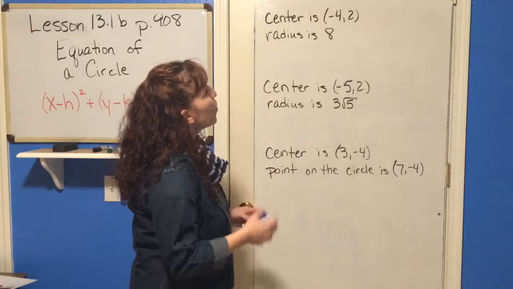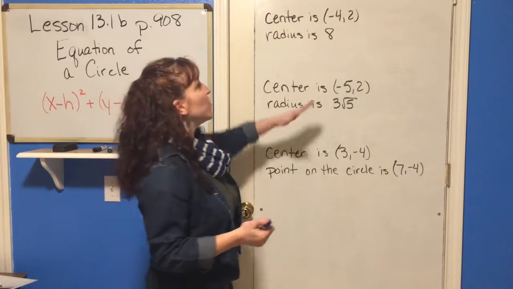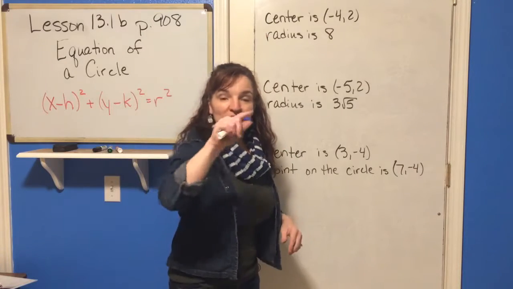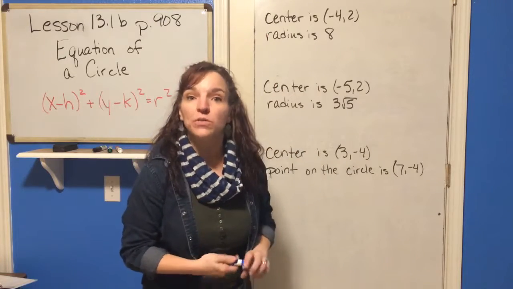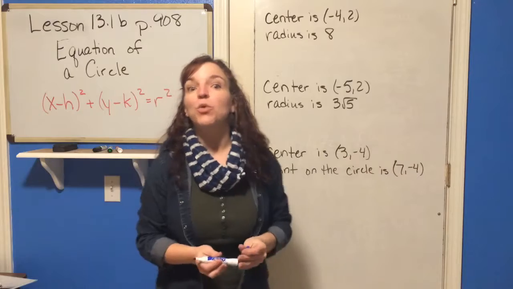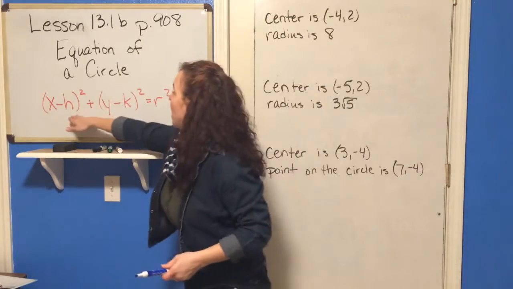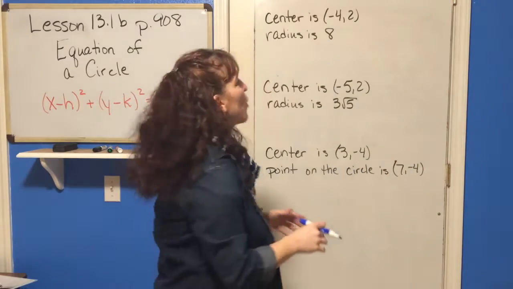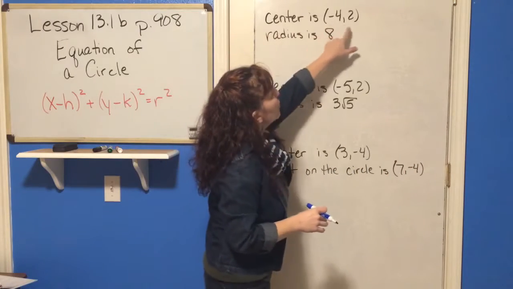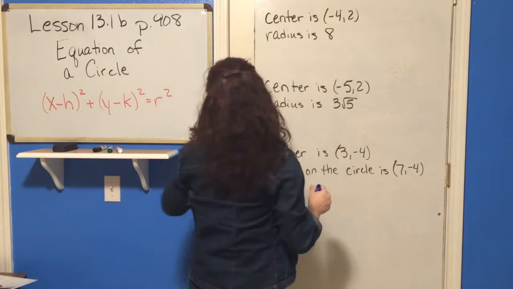So what I want to do is this. I'm going to give you the center of the circle. I'm going to give you the radius, and I want you to give me the equation of that circle. All you have to do is put in the h and the k and the r, and you're done. This is so simple. Okay, so if the center is (−4, 2), and the radius is 8, what we want